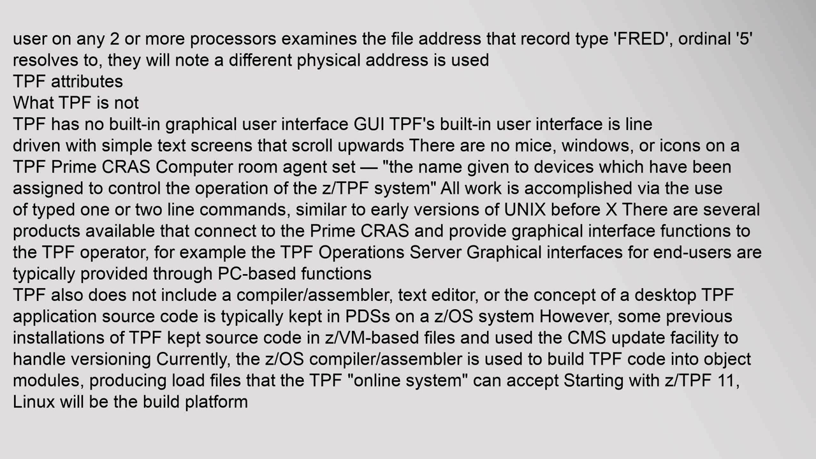There are no mice, windows, or icons on a TPF prime CRAS (computer room agent set), the name given to devices which have been assigned to control the operation of the TPF system. All work is accomplished via the use of typed one or two line commands, similar to early versions of Unix before X. There are several products available that connect to the prime CRAS and provide graphical interface functions